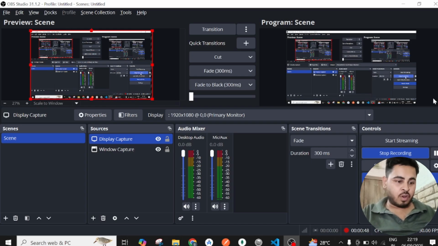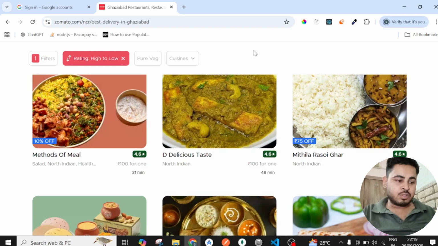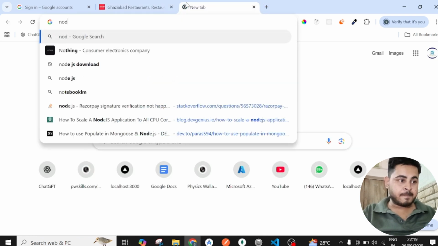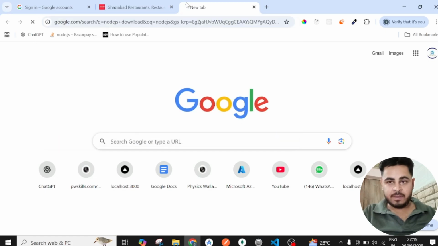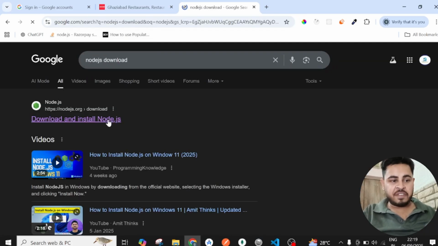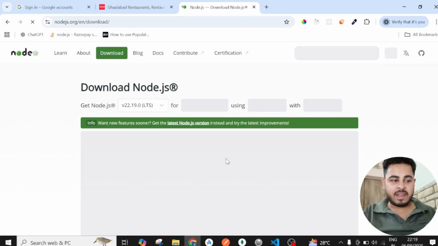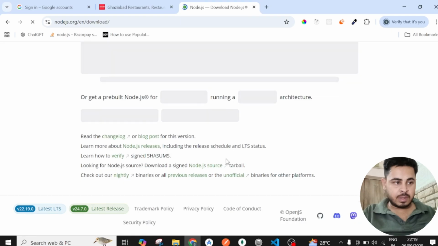First of all, your system should have Node.js installed. So how do we do this? For this, we simply search Node.js download, and we go to the Node.js official website. And in this official website, once you click and scroll down,